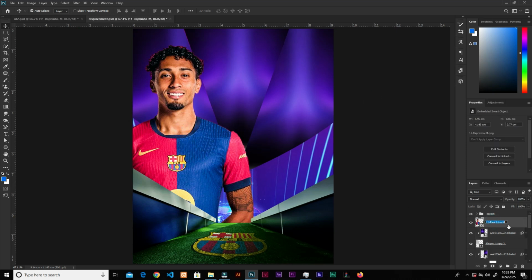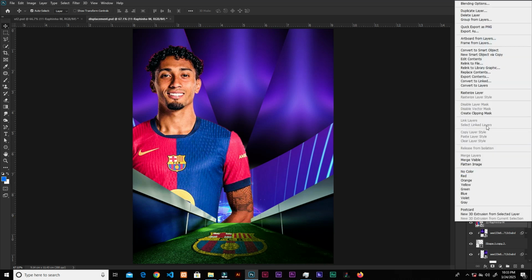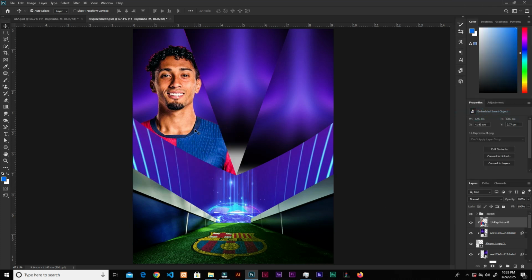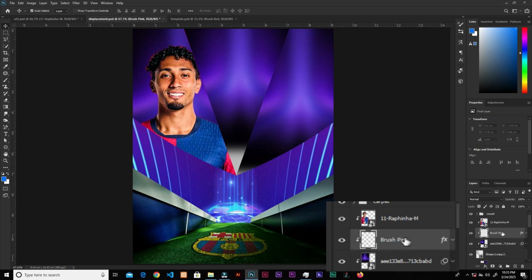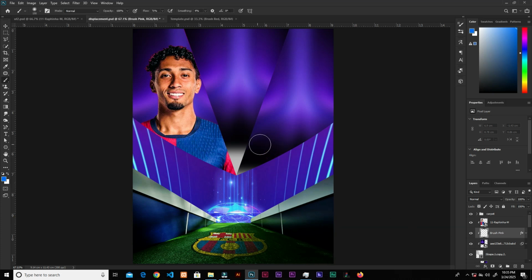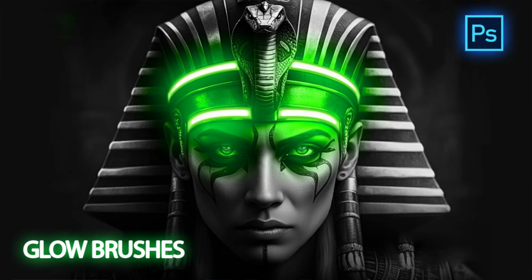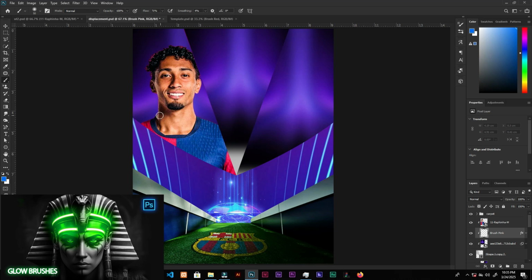Now let's select this guy. You can name him. Okay, so the name over here is Rafina. Don't worry. And right click, create clipping mask. So if you are continuing, you can see this brush pink pops up. If I grab the brush tool, I can brush pink in here. That simply means you need to check out this video on how to use these glow brushes. Very cool effect, but make sure you are brushing pink. So if you have to check this video out to continue from the side,